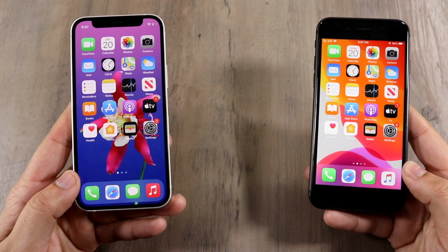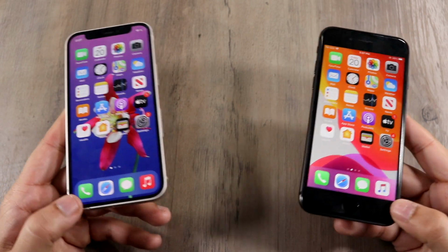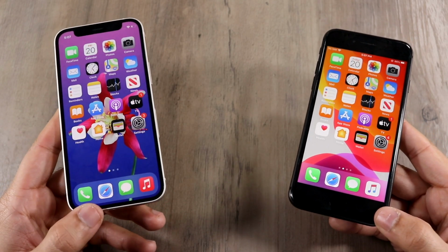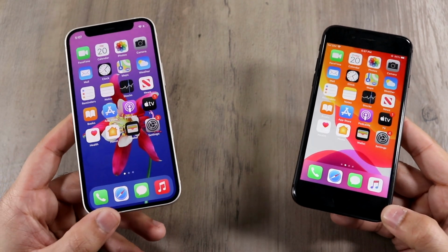So to sum up this video and to answer the question, should you pick up the iPhone 8? Should you pick up the iPhone 12 mini? Well, this is a no-brainer. Obviously, pick up the iPhone 12 mini. It is the better phone, and at just $729, it's a lot of money, but it's a way better phone than